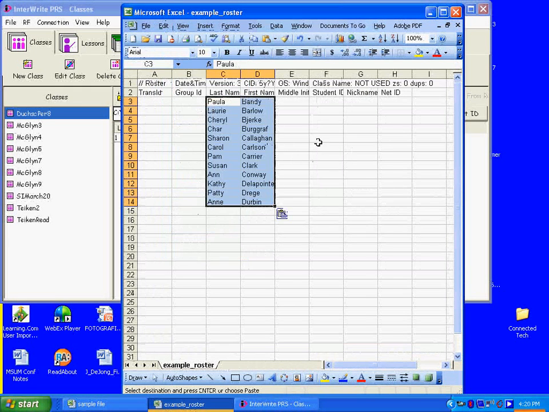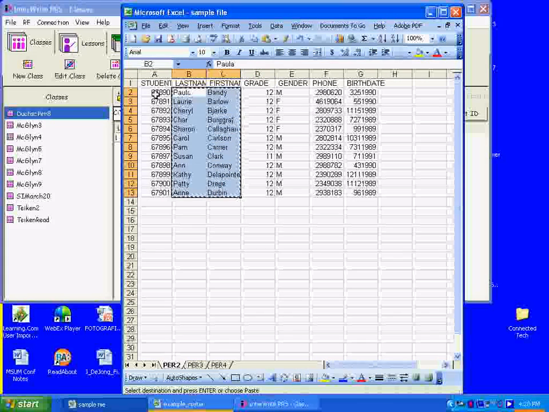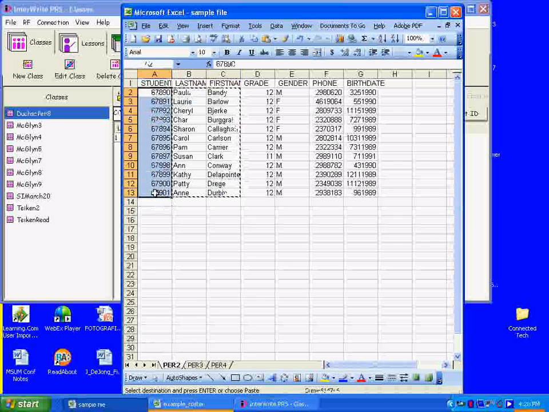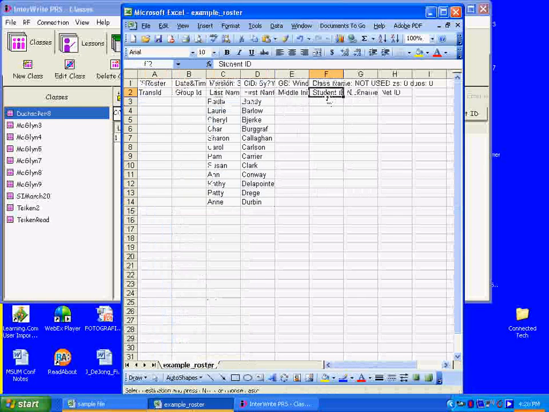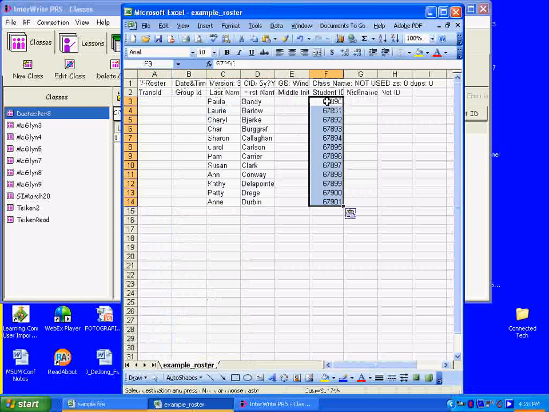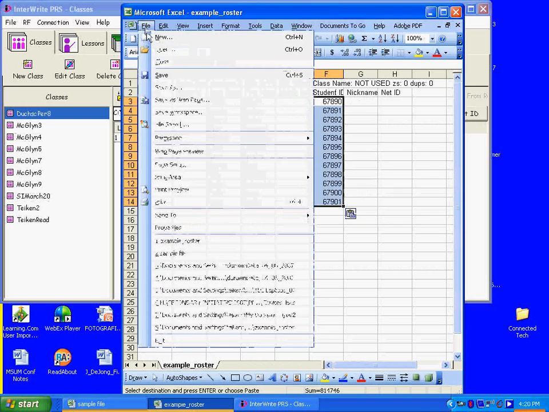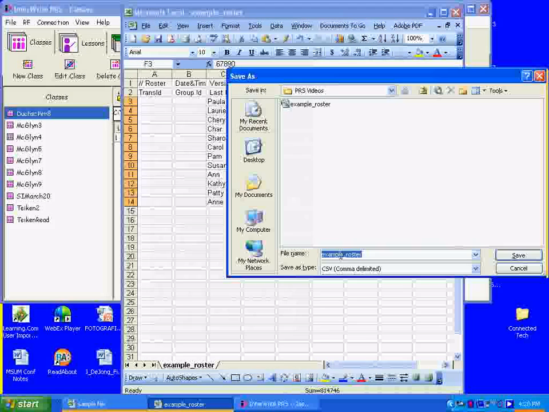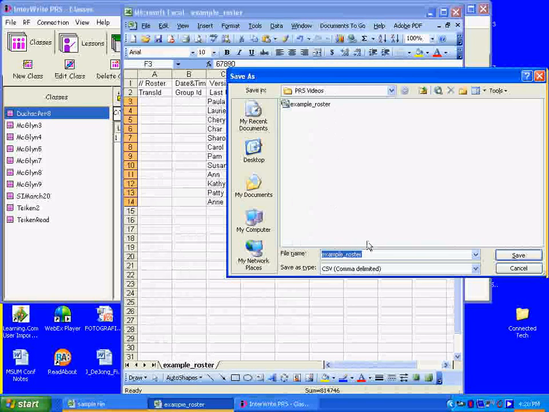And now I need to go back and get those student IDs. So I click back over to my sample file, or to my data file. I highlight the student IDs, and then I go back and paste those in. Now I have my period 2 saved. Now I just need to save it as the file name, so I know this is just my period 2 students. So I'm going to go to File, Save As, and in the same folder where all my data is,